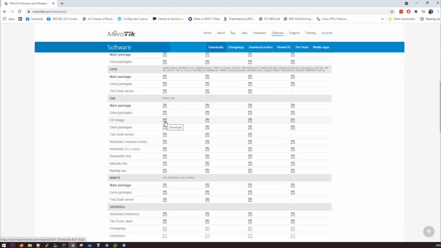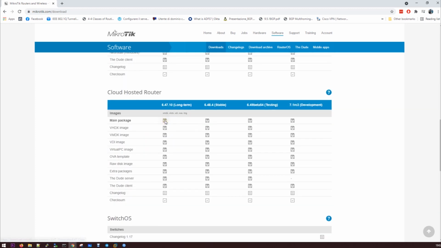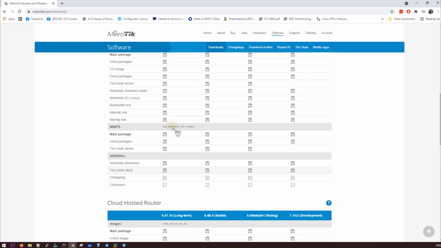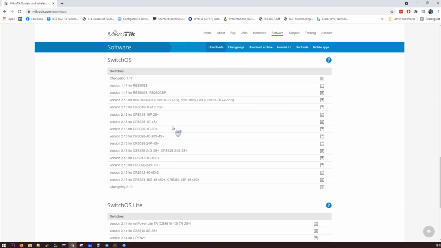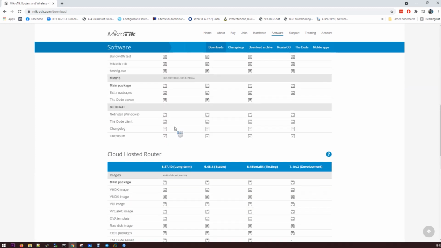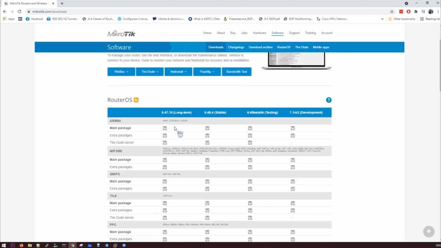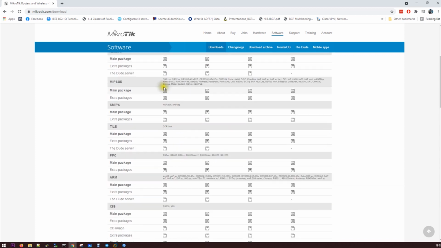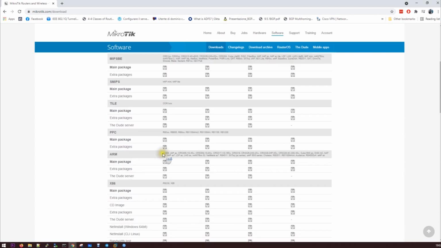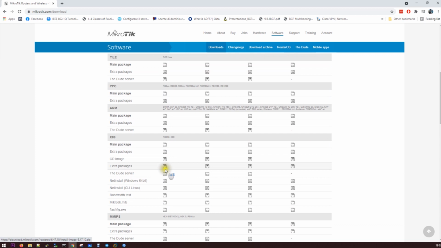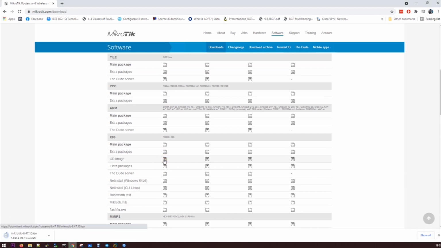Then let me see if we have something else. Switch and router. Okay, then okay. So we can download the image. Then I'm going for this. Then we need to open this one, the